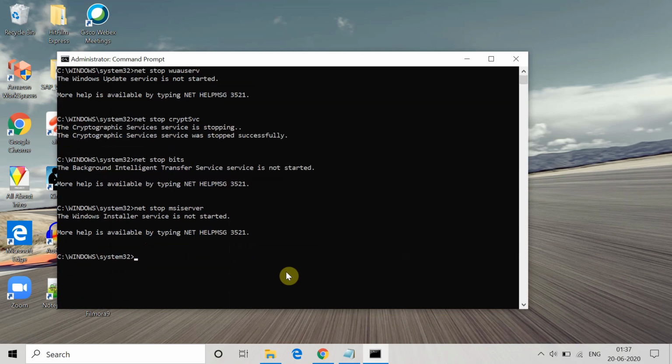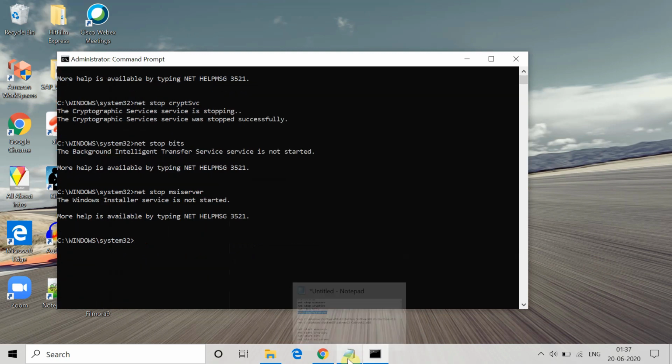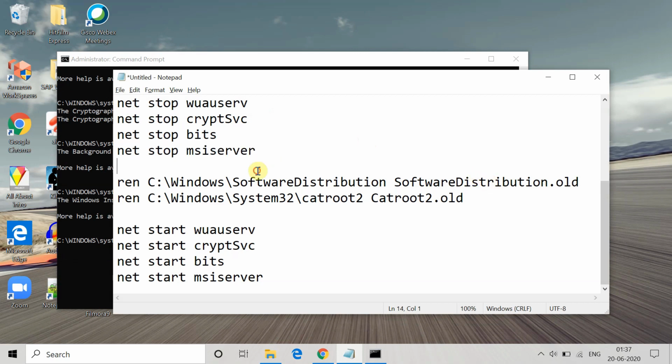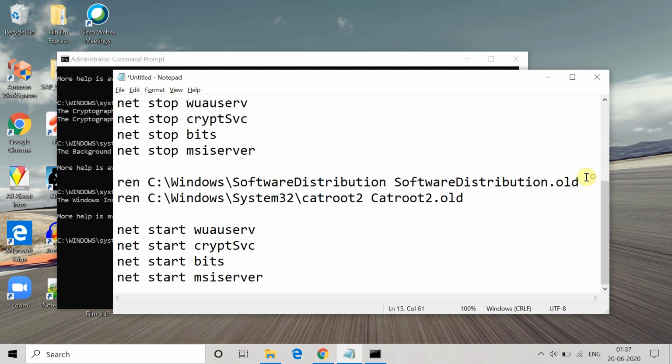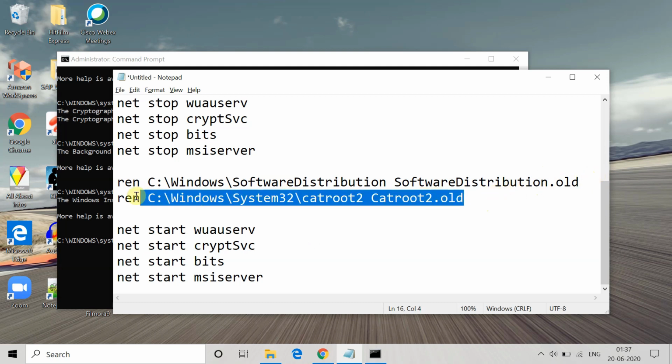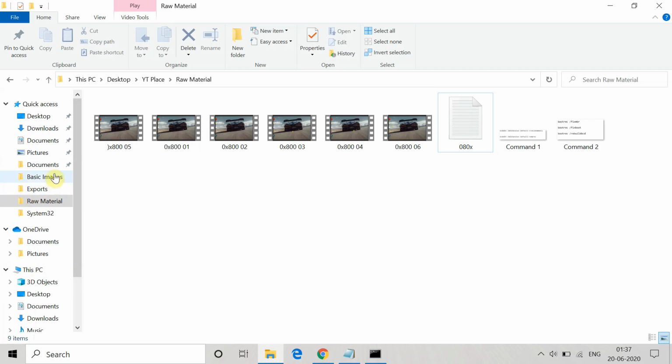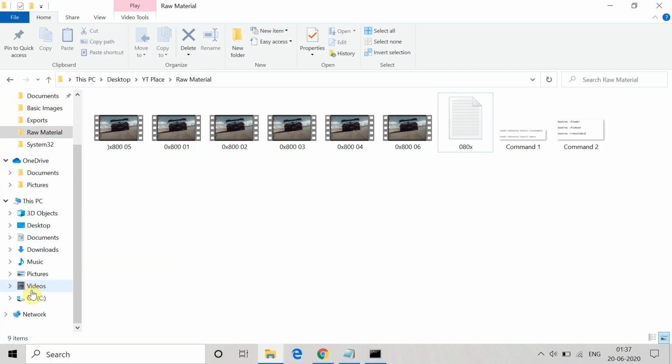Once you execute all 4 commands, then you have to type these 2 commands. These 2 commands are basically to change the name of the SoftwareDistribution folder to SoftwareDistribution.old, and the catroot2 folder to catroot2.old. So just copy and paste these 2 commands into your Command Prompt and execute them. I will show you the result you will get by doing this.